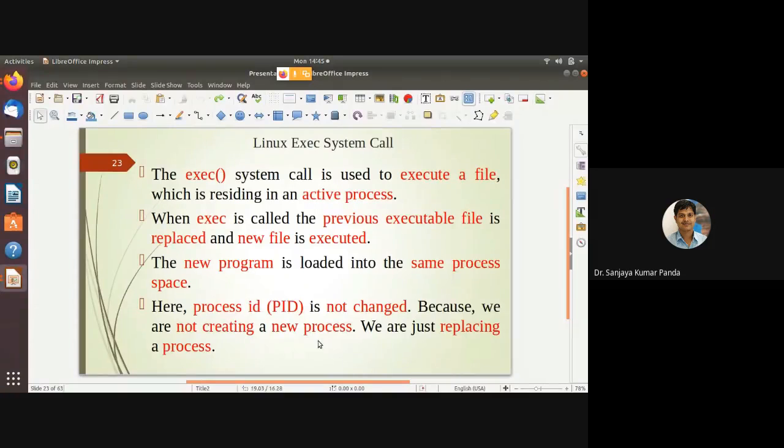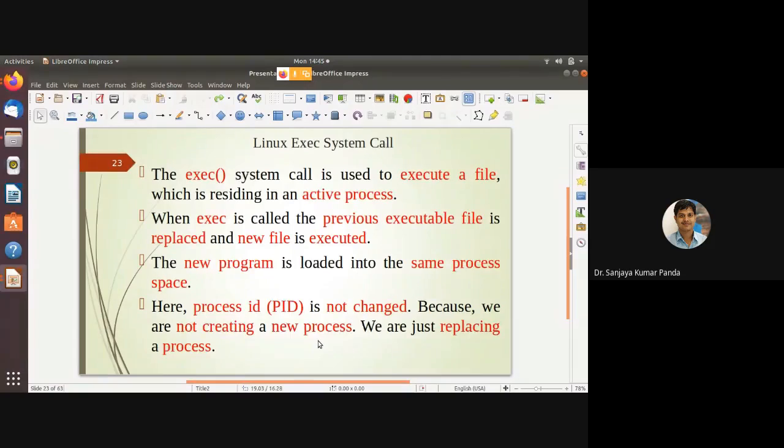For example, somebody is staying in house number 101. He vacated house 101, and another person is staying in 101. So the address of the house is not changed, right? The address of the individual person has changed, but the address of that house is not changed. The house number is 101 only.